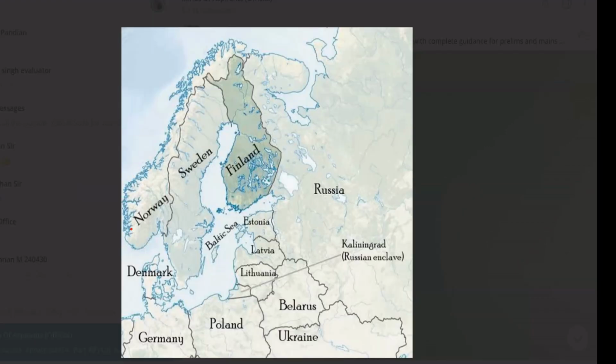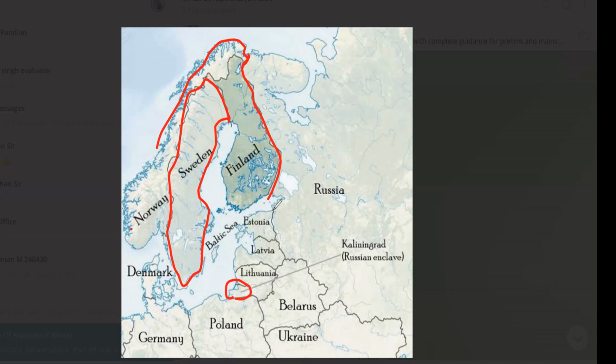In this picture, it is even more clear. Now look at it. Which are the countries which have become part of NATO? Here you have a border between Norway and Russia. But again, I'll stress this fact. Finland has this border, but you look at Sweden. Sweden has an outer edge where it is not connecting to the Russian Empire. You also have Kaliningrad here, but still it does not border with this.